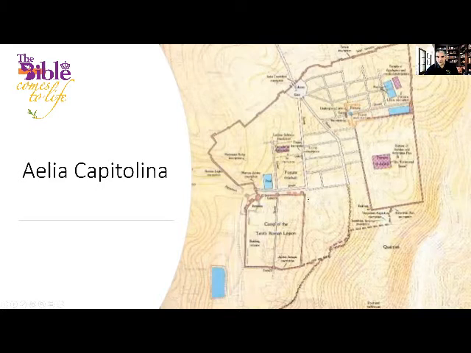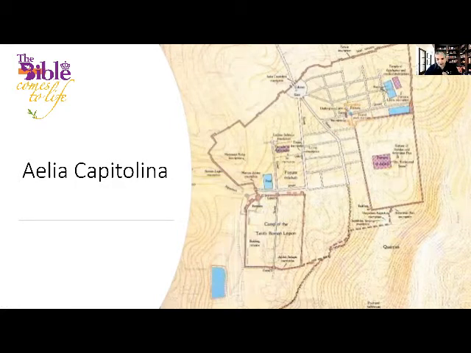This used to be the upper city, and this all the way up to here was the city from a little bit after the time of Jesus. The city in the time of Jesus basically ended here. This complex of roads right here, some of the roads are built on the layout of walls dated to the time of Jesus. Aelia Capitolina is a grid city. As you can see, the Muslim Quarter of today is actually a grid city because it was a Roman city.